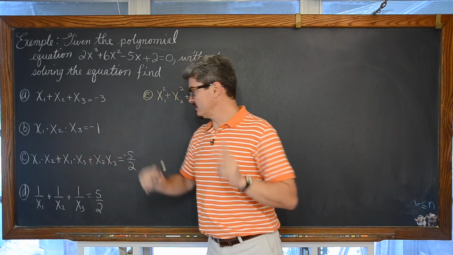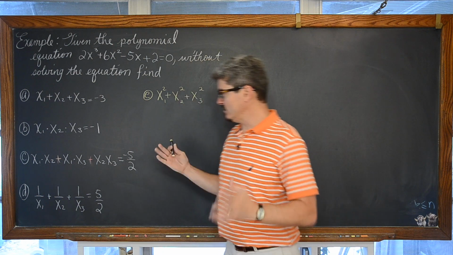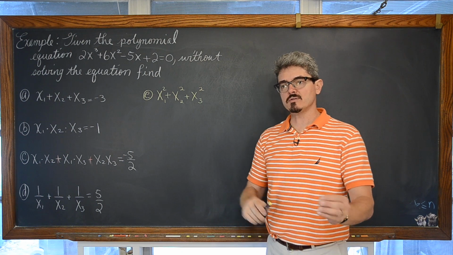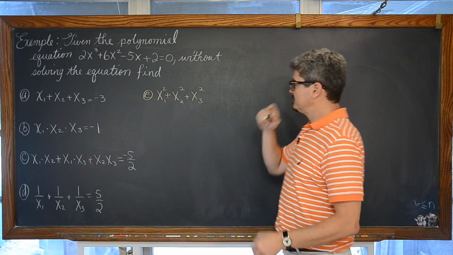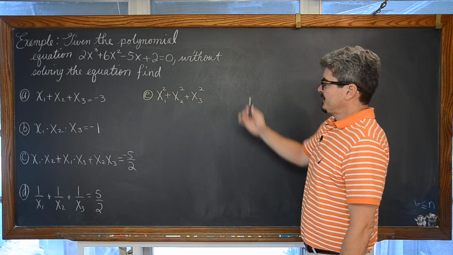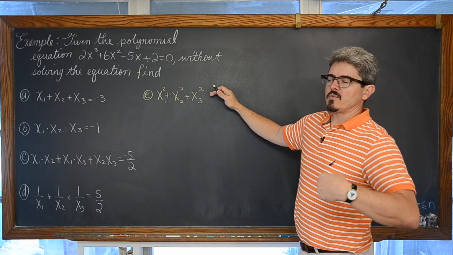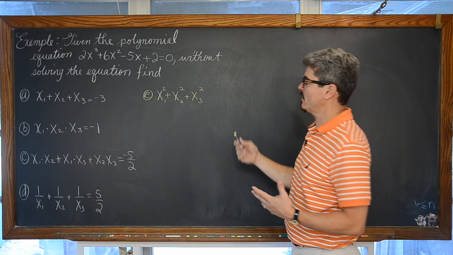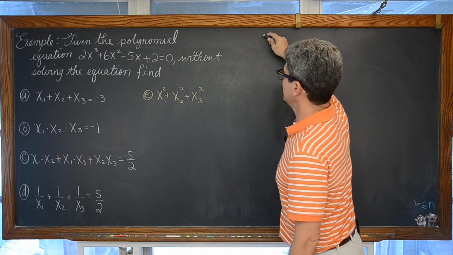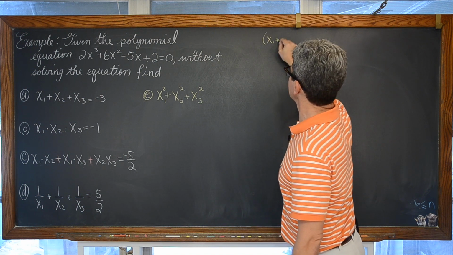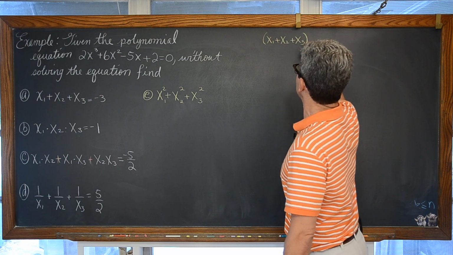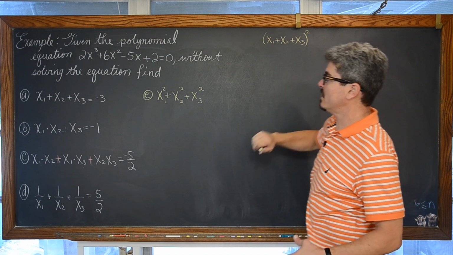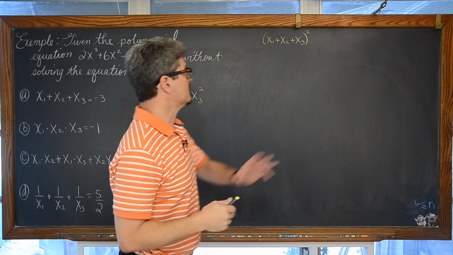So we need to manipulate this expression into a format that has just the sum or product or combination of such. We need all these degrees to be 1, not 2, and the only way you get degrees to come down is either through division or factoring. So, factoring. I need this to factor down to something like the sum of 3 roots that have a degree of 1, maybe something squared, and some other stuff going on as well. So think of x sub 1 plus x sub 2 plus x sub 3 squared. Can we get this into some kind of format? At least part of it would be negative 3 squared, but there's going to be some other junk going on.